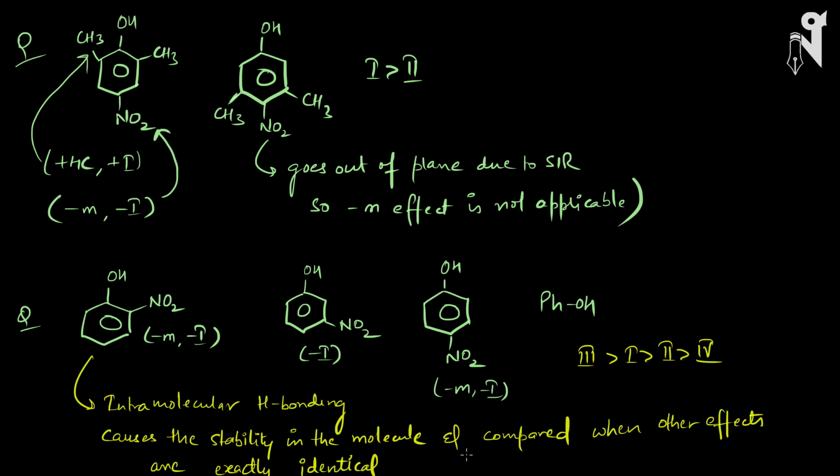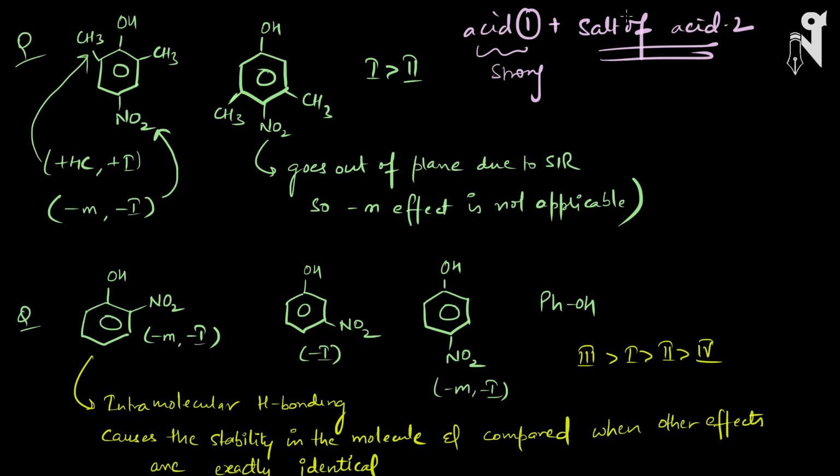Next we'll talk about the feasibility of reaction, the feasibility of reaction between one acid and the salt. Basically here we'll be talking about how one acid, when it reacts with a salt, will proceed to the next step of reaction, whether it will form another acid or not. It is a kind of displacement reaction where acid 1 will react with the salt of acid 2. This reaction will be possible only and only if acid 1 is strong enough to displace acid 2, and it will become the salt of acid 1 plus acid 2 will be formed.